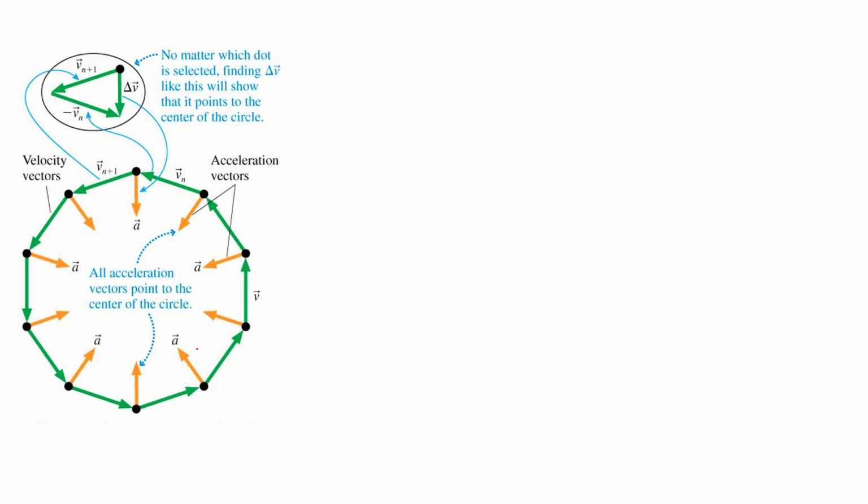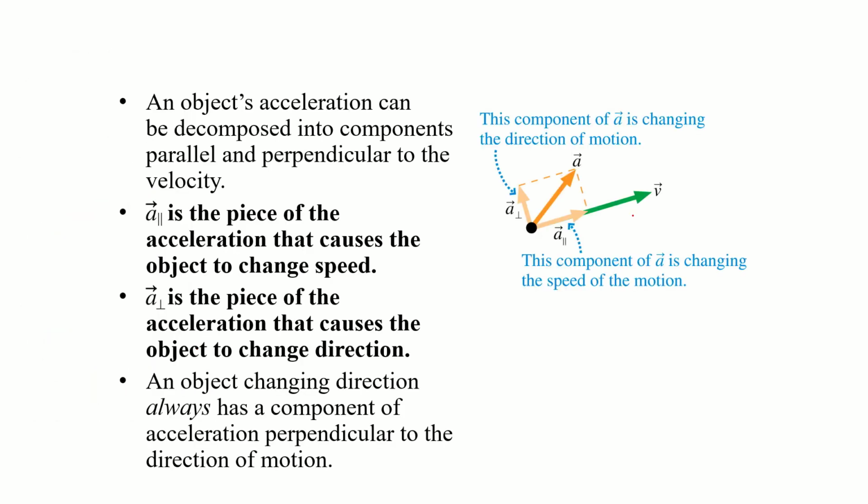All the acceleration vectors, when you're moving in a circle at a constant speed, point towards the center of the circle. And it turns out if you're going in a circle, even if your speed's changing, there's always going to be a component pointed towards the center of that circle, or the center of the turn. The way we can think about this is it's often convenient to split up your acceleration into components like we would, but rather than, say, having a typical, let's call it X and Y direction,